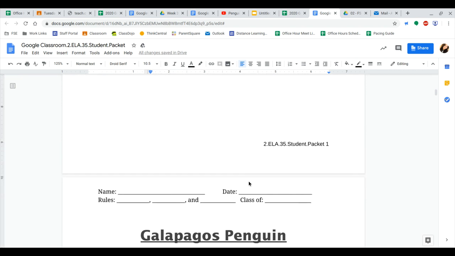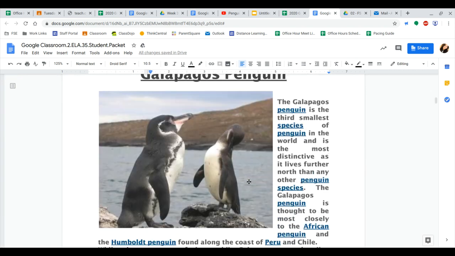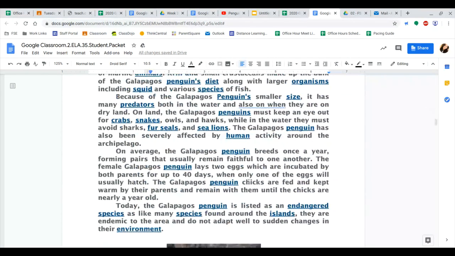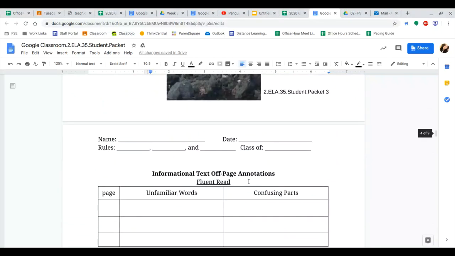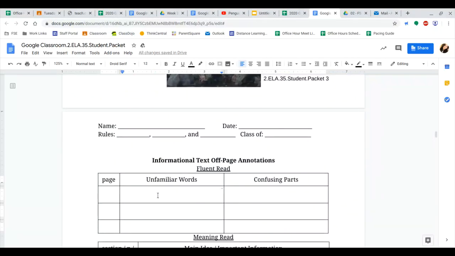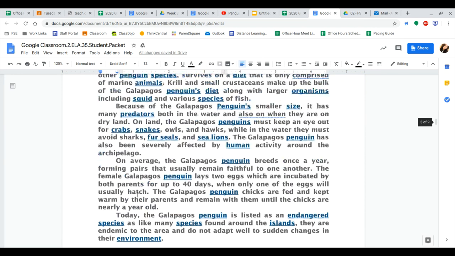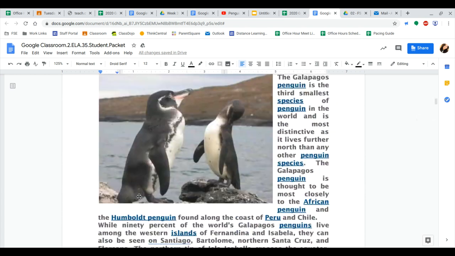When you're done, please read the story Galapagos Penguin. After you're done reading the story, I want you to write or type any words that seem unfamiliar and any confusing parts. For page number, you're just either going to put page 1 or page 2.